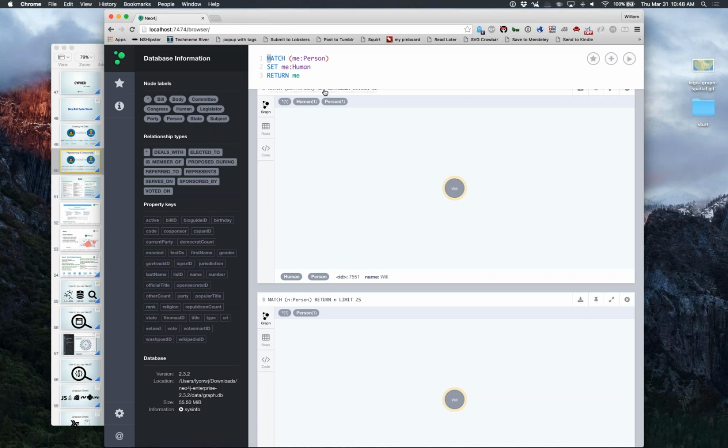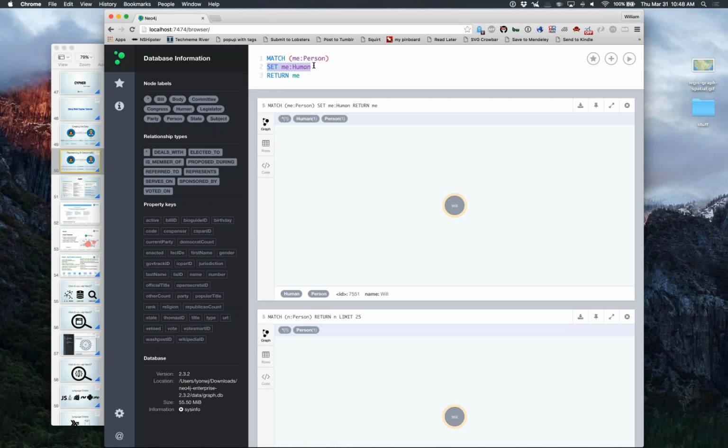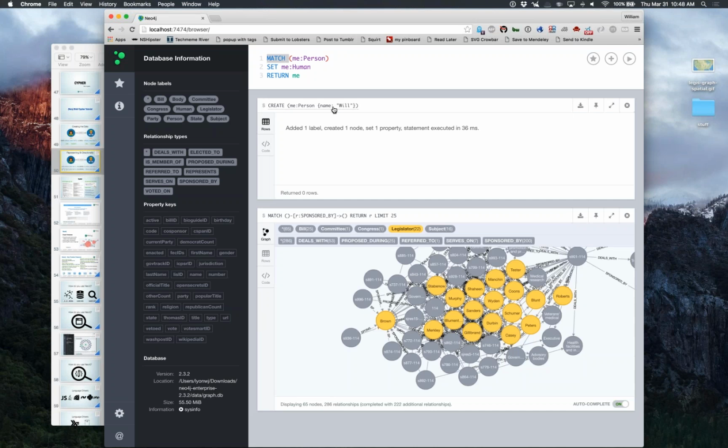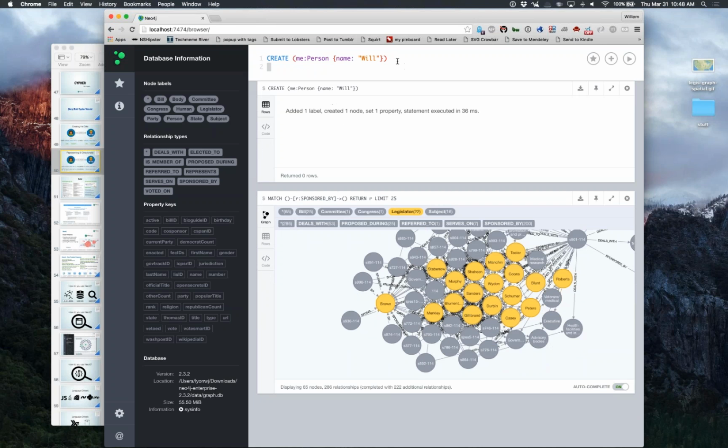So the syntax to do that is just this set. First, you match on some pattern and bind to some alias, and then set with the alias and then a colon for the other label that you'd like to add. And we could have done this with the create too. So here, when we created this, we could have just appended a set